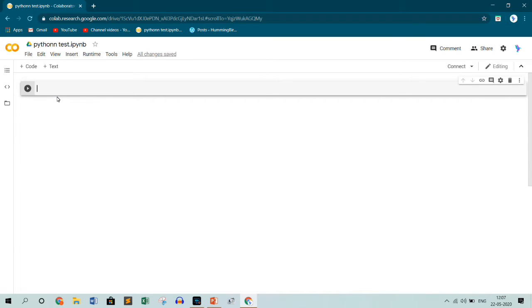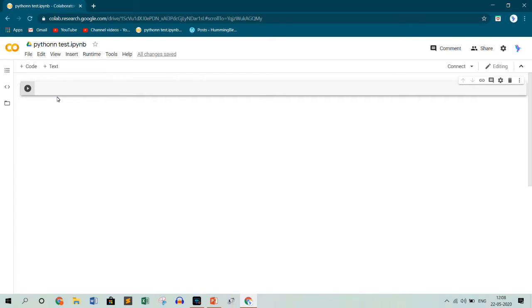So I'm here on my Google Colab notebook. We'll see what dictionaries are first. It's a collection which is unordered, changeable and indexed. It is a group of items arranged in the form of key value pairs. In Python, dictionaries are written in curly brackets, or flower brackets, what we call, and they have a combination of keys and values. So we'll just create one dictionary and see what it actually means by a key and a value.